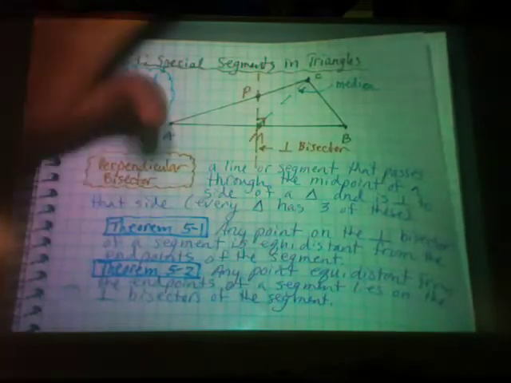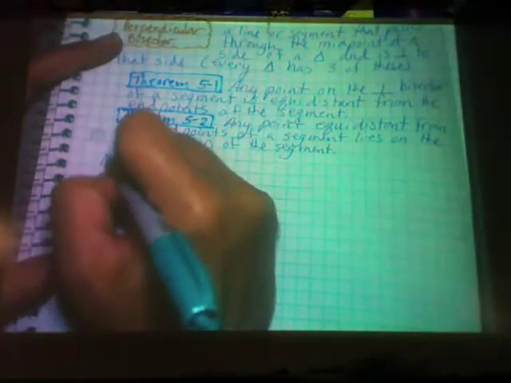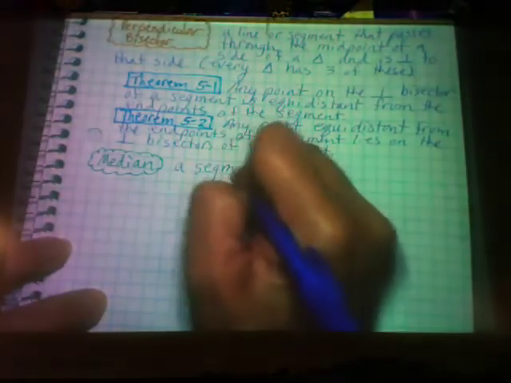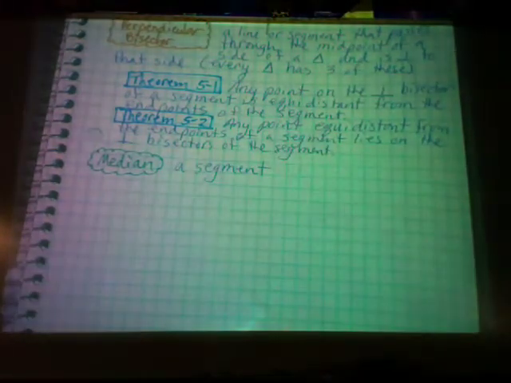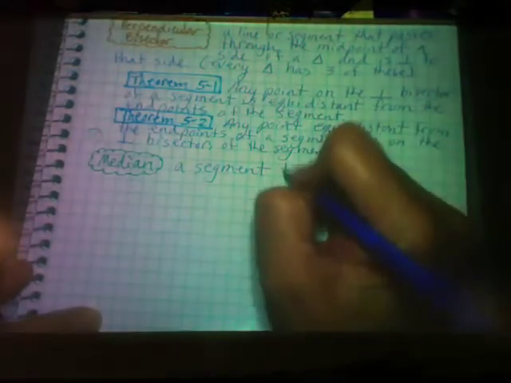All right, so let's write down the definition of a median. So in all of these segments, you're looking for the two characteristics that make it special. All right, a median is a segment. Notice it's not a segment or a line, it's a segment that connects a vertex